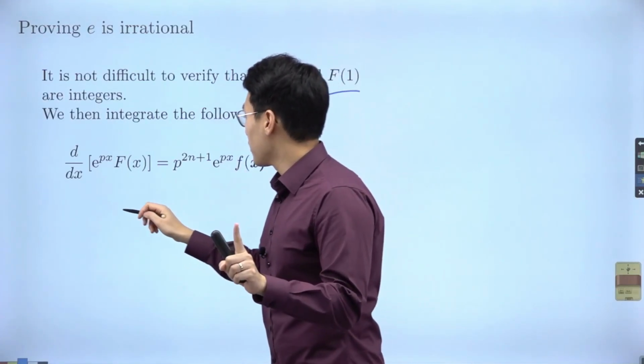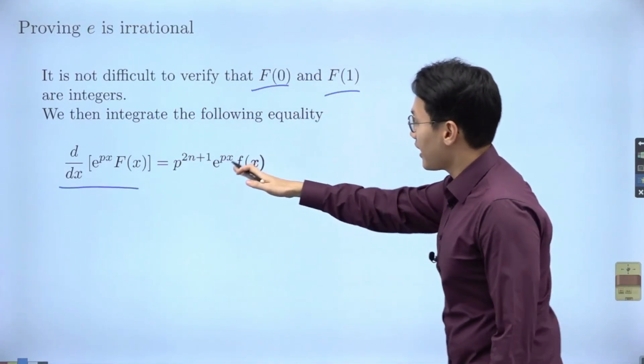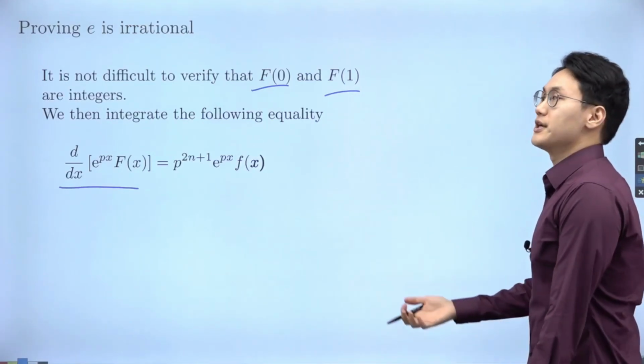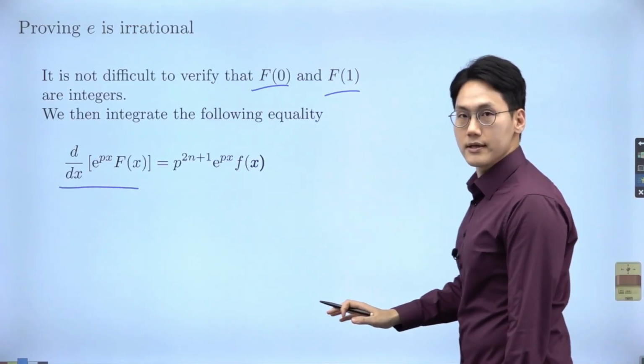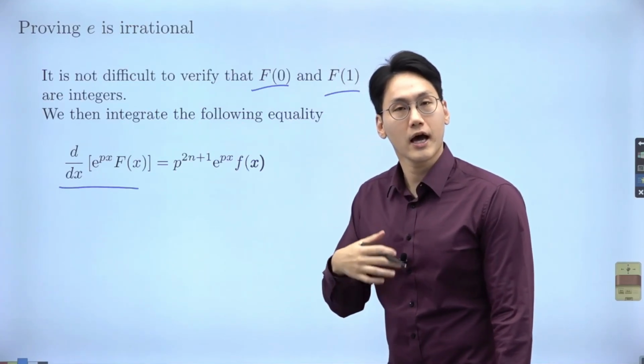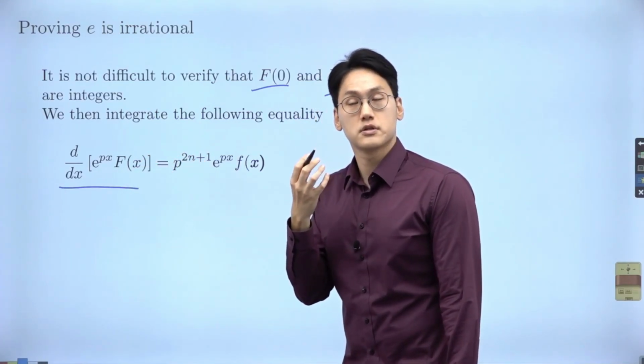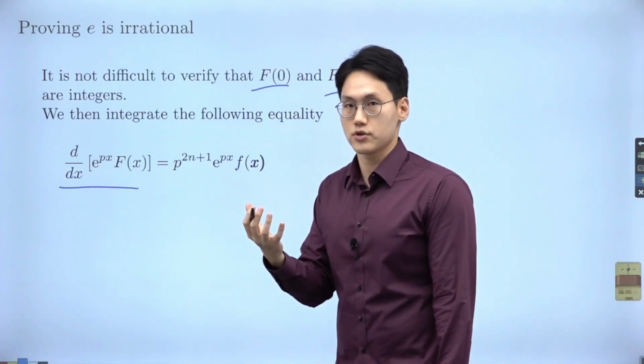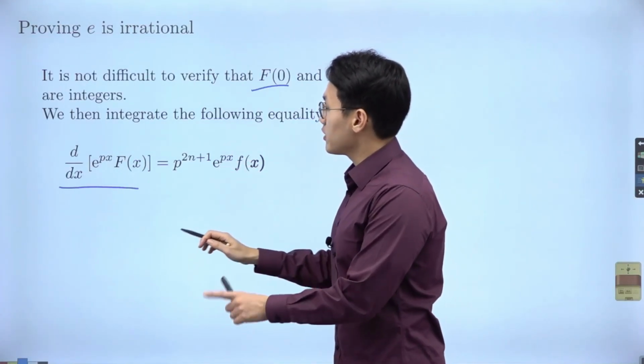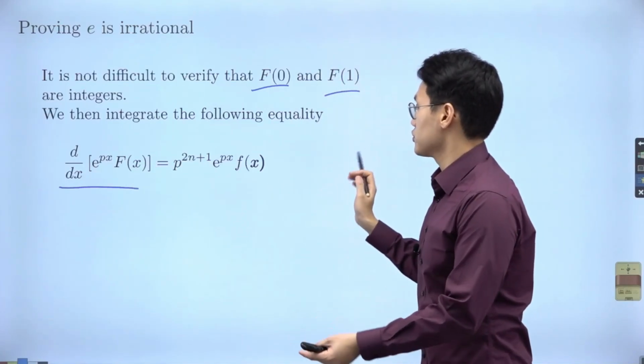Okay? So now on top of that, I'm going to multiply e to the power of px. If you ask me why, don't worry about it. Of course, for the IA, you have to mention why you're multiplying it and how you came up with it. It's going to be a very difficult discussion actually as a high school student, so I do not recommend it. But right now, let's just differentiate. And as you can see, I'm just using